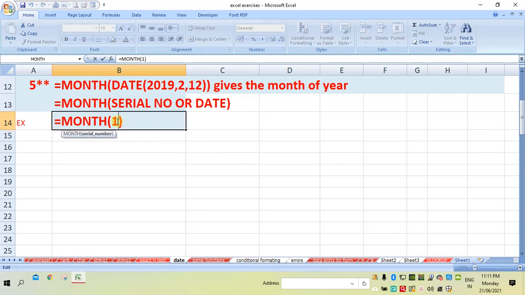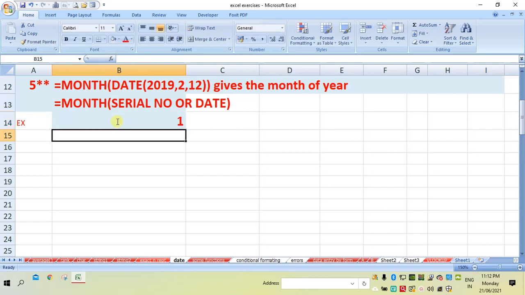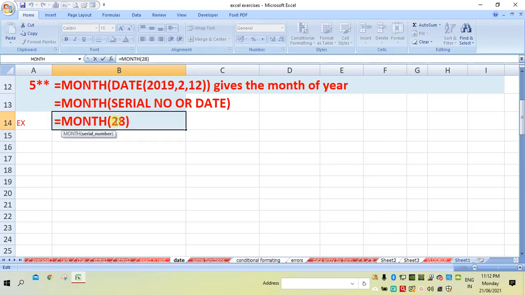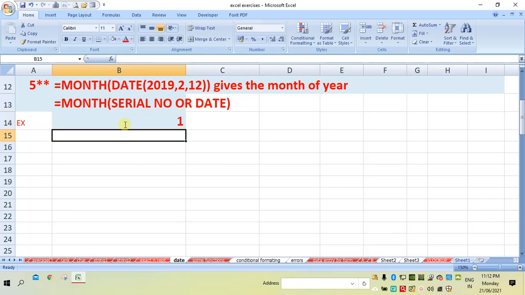Suppose if I write here 28, now also 28 is a day of the first month, therefore it will give you 1 only. Suppose if I write 31, now also it will give you the first month.